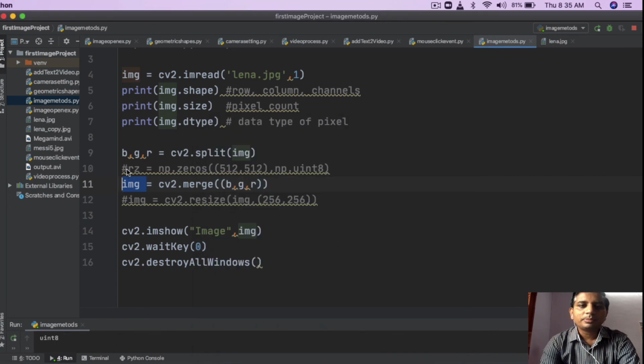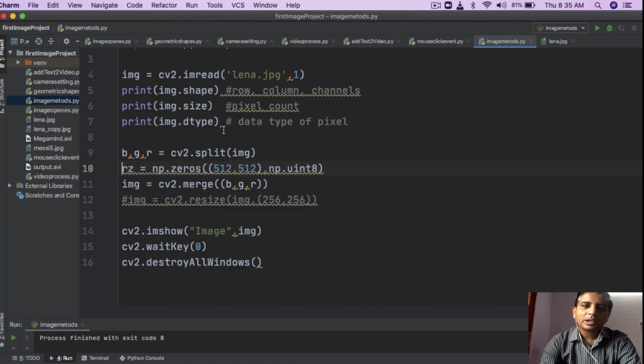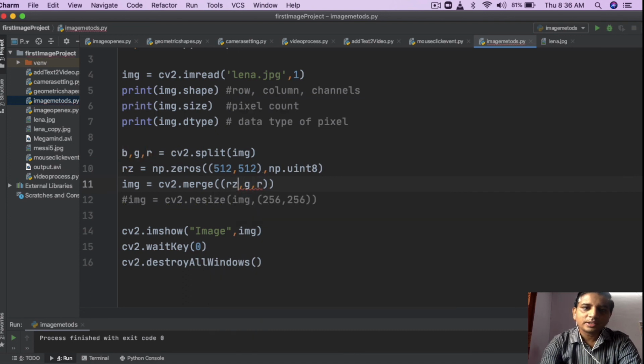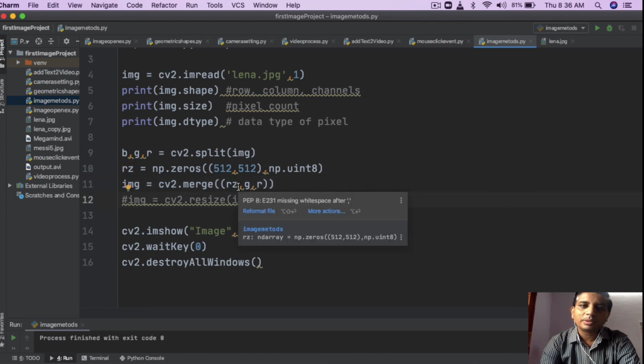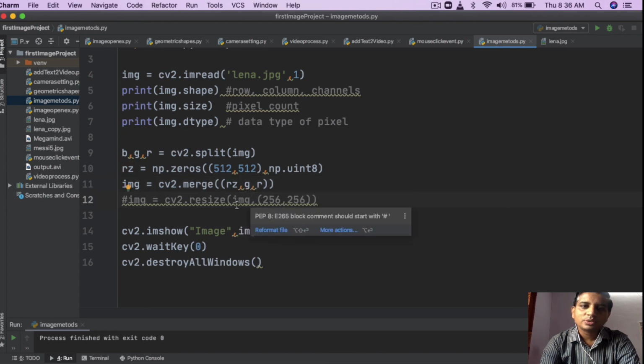Now what I'm doing here, I'm making one layer which contains all zeros, and instead of the blue value I'm placing those zeros, so it means that there is no blue component in the image. So let's check it.